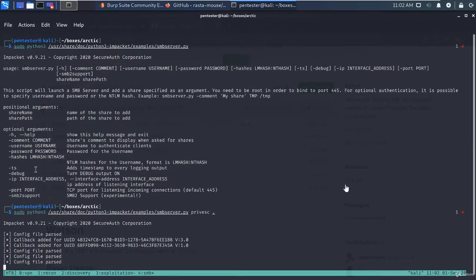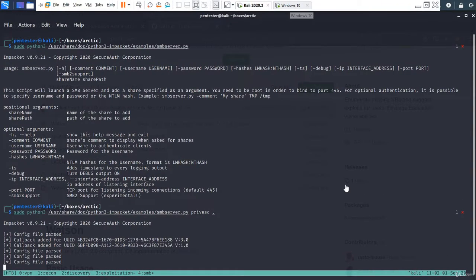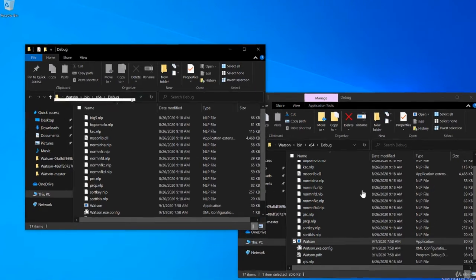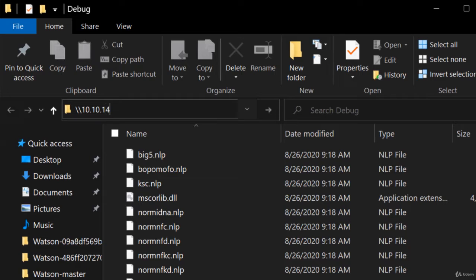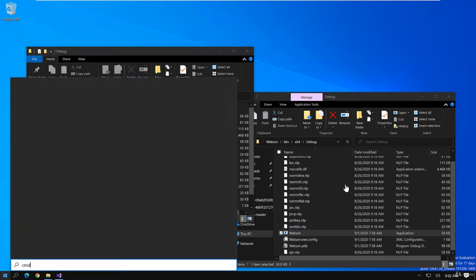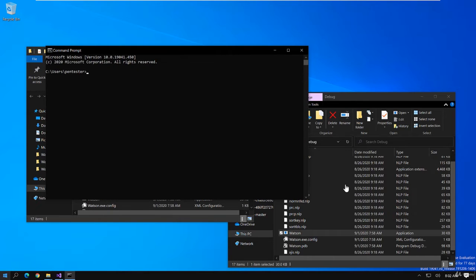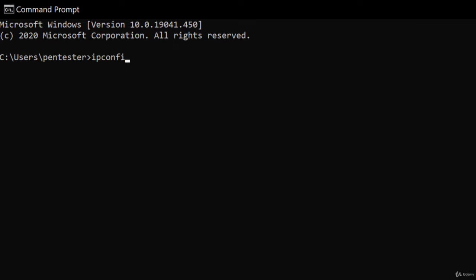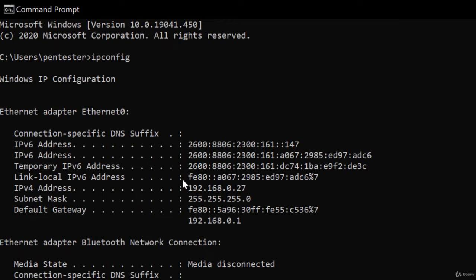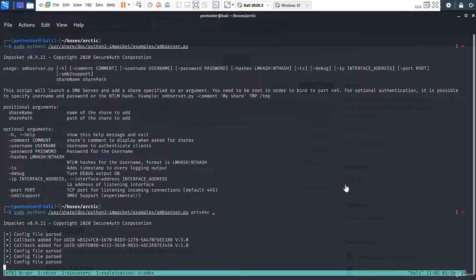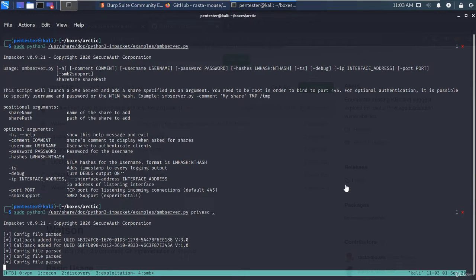Exit. Let's go back to the Windows box and see if we can grab it. 10.10.14.22 prevesc, enter. Now, this might not work because I think you have to enable SMB version 2 support for this to work. For example, if I open up a command prompt, and actually this is definitely not going to work, because if you look at ipconfig, you see I'm on the 192 network for my eth0 adapter, and I'm trying to get to a host that's on the Hack The Box VPN adapter IP, right? So that's not going to work. They're in two different subnets. So let's Control Z to end this,